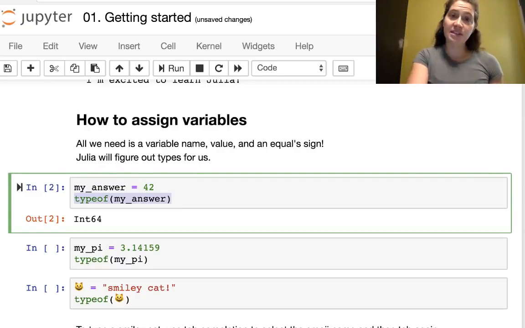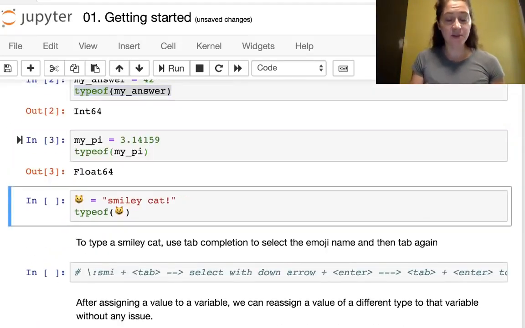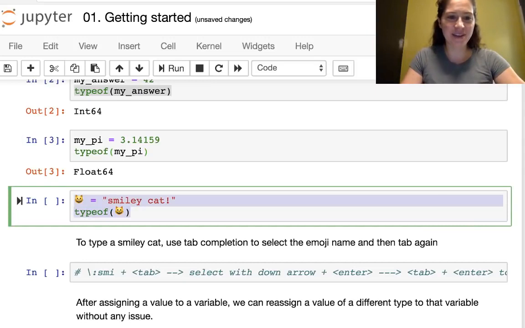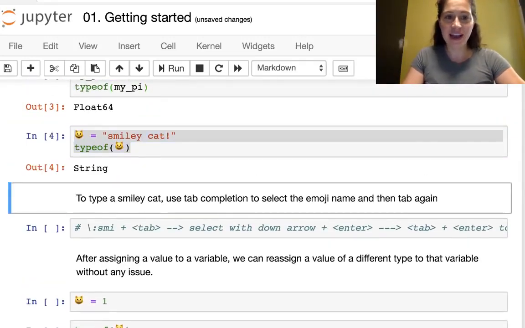And we can see that by using this typeof function called on the variable to see what the type of that variable is. We see here I'm creating this variable called mypi, which Julia can tell is a Float64. And in this third example of creating a variable here, I'm assigning the string smiley cat to the smiley cat emoji. And we can see here that smiley cat emoji is a string. Now,